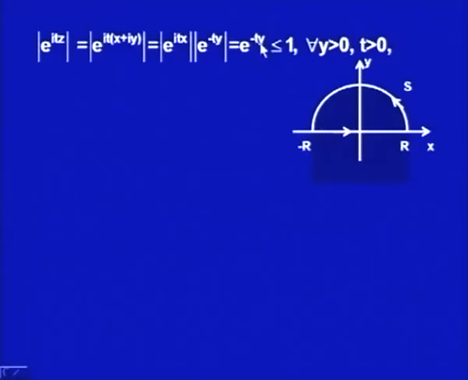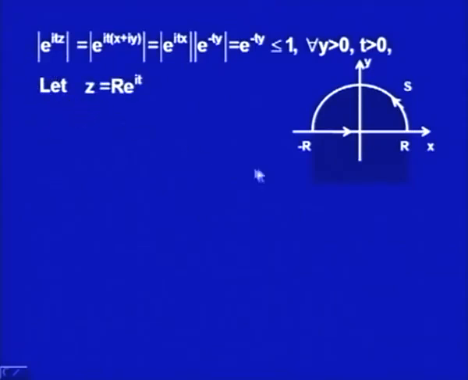So, both t and y are positive. So, e to the power minus t y would be a number which is more than 1, because e to the power x for x positive is always greater than 1. That says e to the power minus t y should always be less than or equal to 1 for all y positive and for all t positive. So, what we have got from here is that the absolute value of e to the power i t z is always bounded above by 1. What it says is, now if I take the integrand,